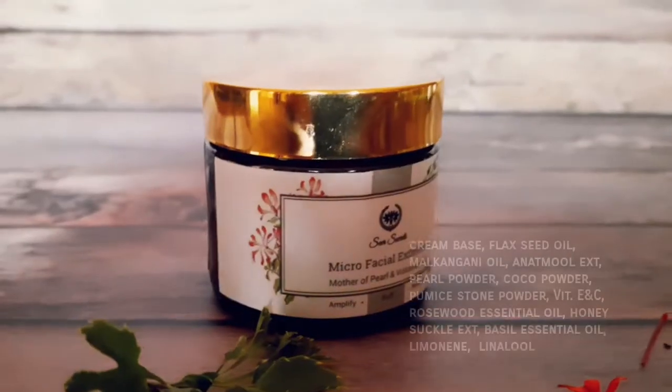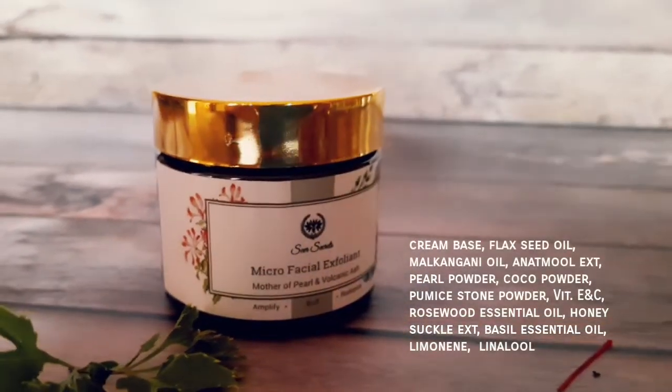The second product is Seer Secrets Micro Facial Exfoliant. As the name suggests, it's got tiny beads just like small white pearls. And I don't know if this camera would do justice because I would like to show you the texture. You would not even see it. It's white in color. It's only when you rub it in your fingers you will see those really tiny dust-like